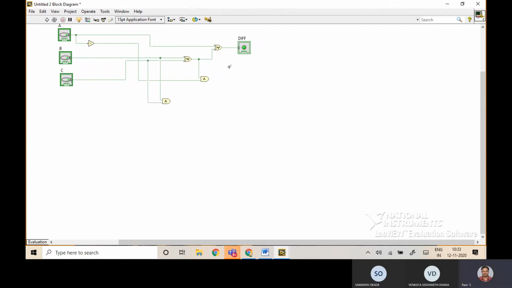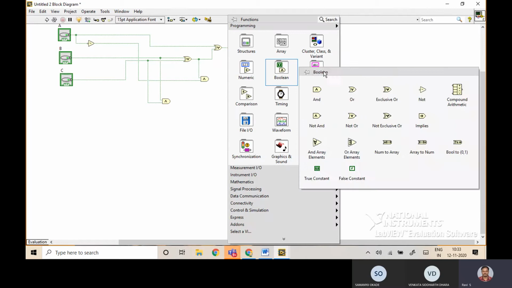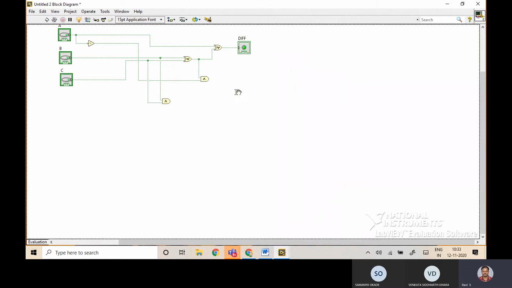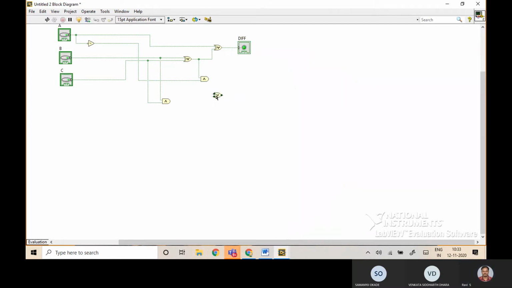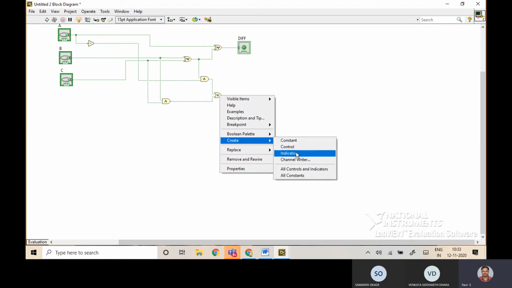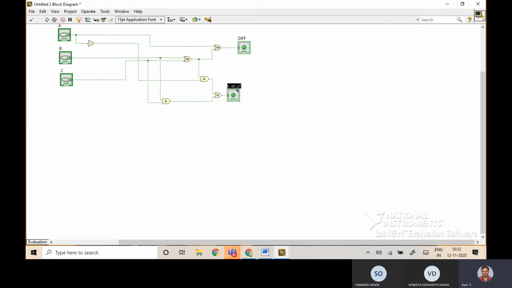Now BC is ready. I need one OR gate for summing both the products, so let me take an OR gate. Now A bar into B XOR C is connected and BC is also connected, and the output of the OR will give you the borrow, correct?